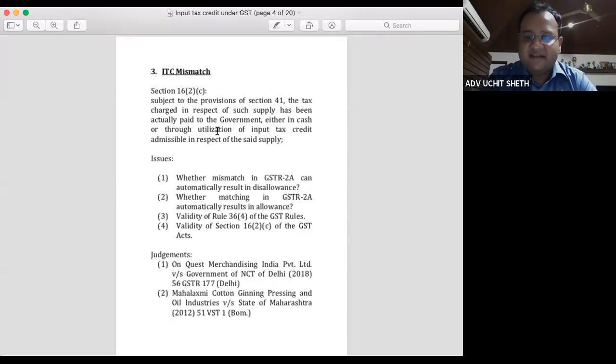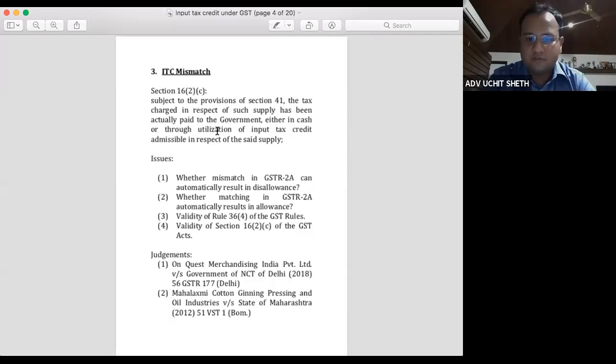Despite this, whether the legislature can provide for a provision disallowing input tax credit on the ground that there is a default on the part of my vendor. In other words, because the vendor has claimed false input tax credits, whether tax credit can be disallowed or not would be the moot question. Now, in this regard, we need to refer to two judgments, one of Bombay, another of Delhi. Both are contradictory, and they will clarify how this provision is likely to be interpreted in future by courts.